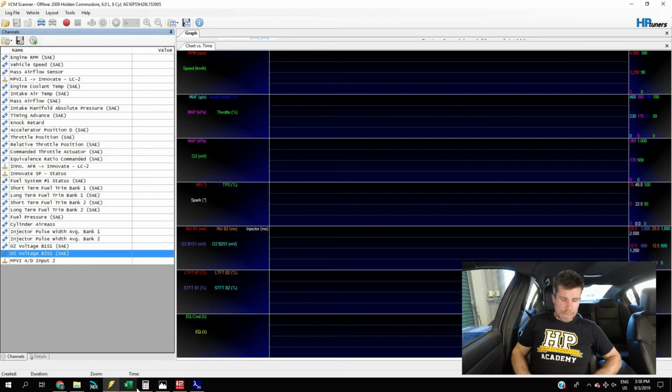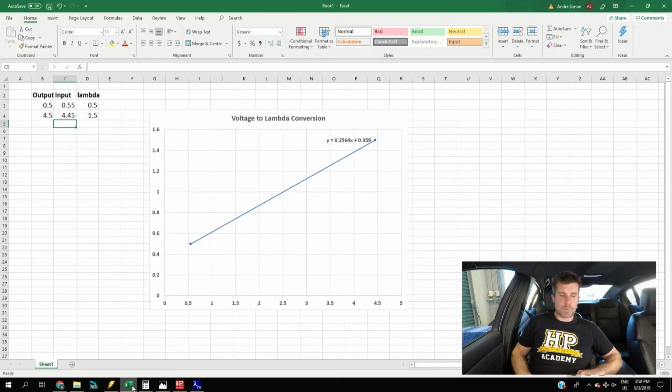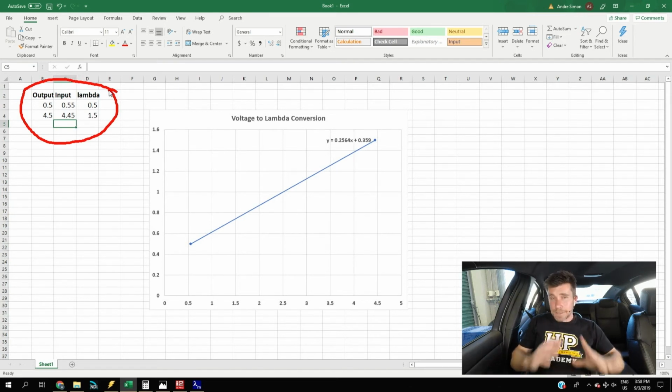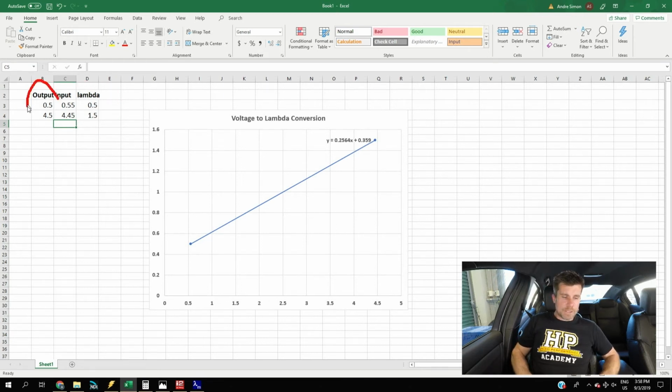And then what I've done is I've made up a really simple Excel spreadsheet here. We can enter the numbers here, and it's going to give us a formula that's then going to allow us to enter that transform function. Sounds complex, but believe me, it's actually pretty straightforward. What we've got here is our 2 output voltages from the LM2. I've selected 0.5 and 4.5 volts here. I like to offset them from the absolute 0 volt and 5 volts, just so we've got a little bit more resolution on either side.